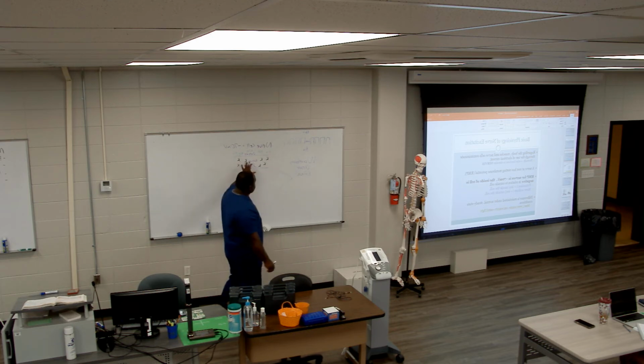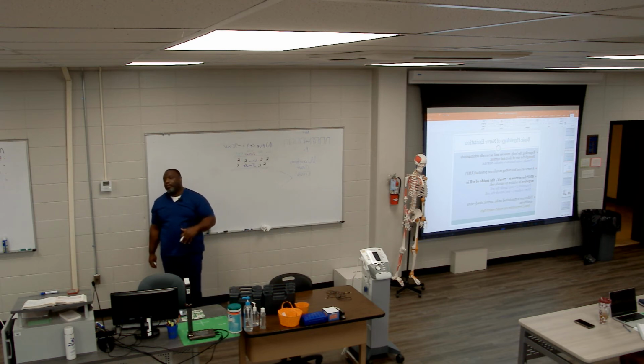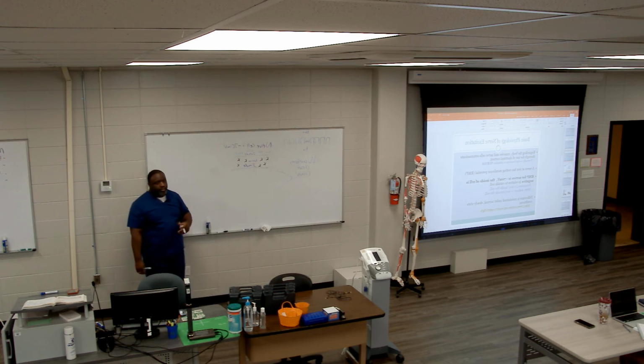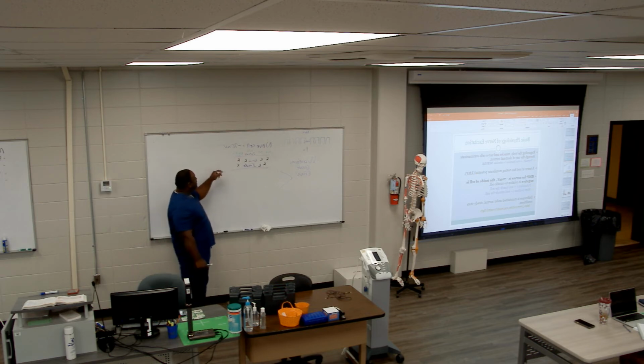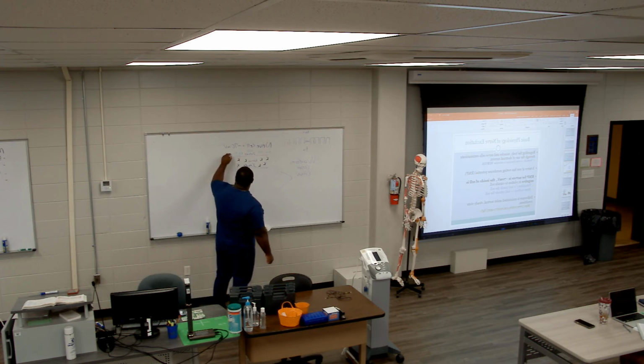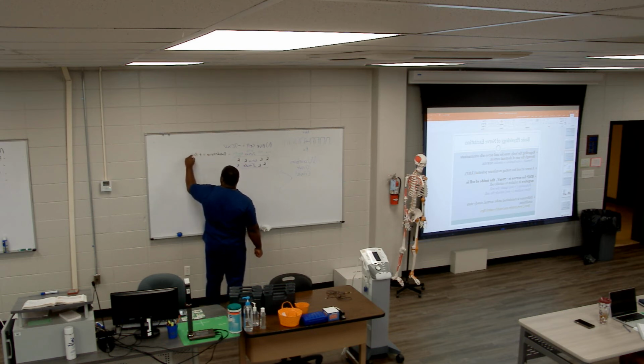This setup helps me maintain resting membrane potential. I have a lot of sodium outside of the cell, which means outside is going to be positive. It has a positive polarity,